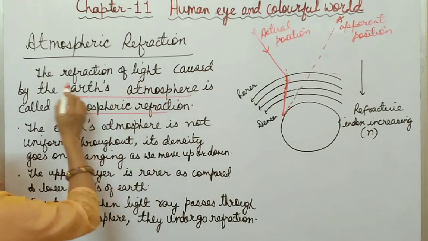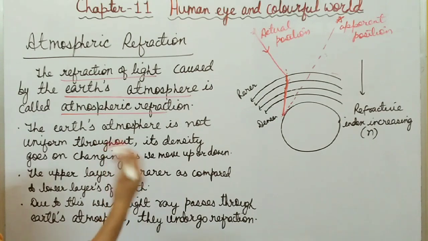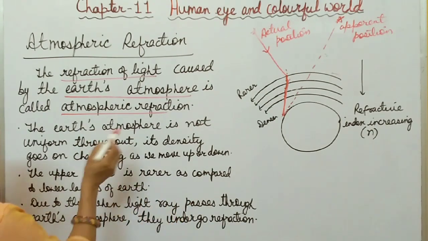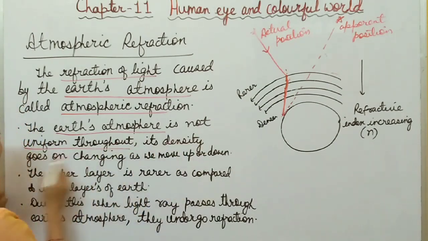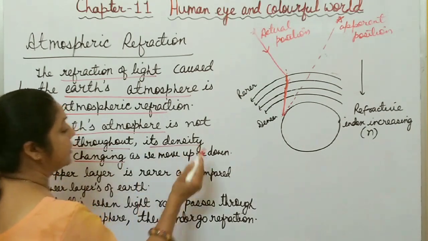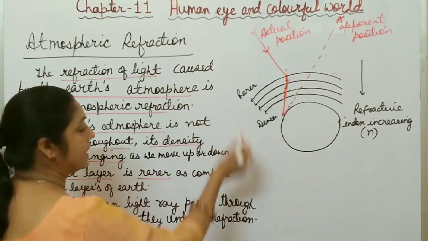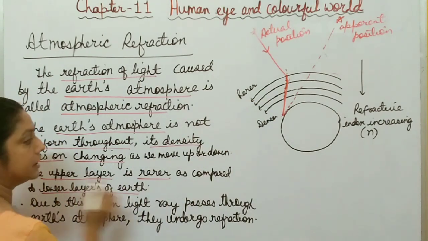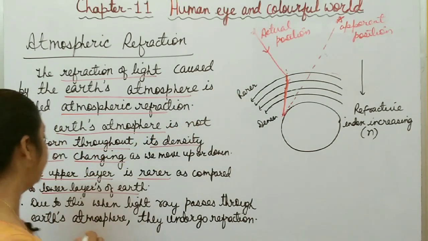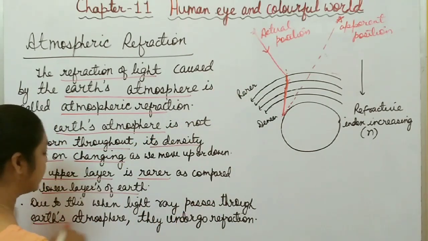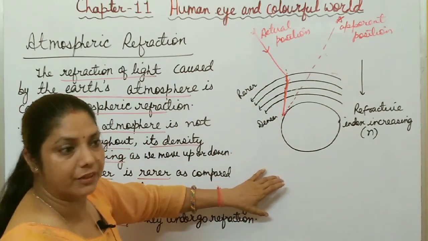First you write the definition. The refraction of light by the Earth's atmosphere is called atmospheric refraction. And why does this atmospheric refraction take place? Because the Earth's atmosphere is not uniform throughout. Its density goes on changing as you move up or down. The upper layer is rarer as compared to the lower layers of the Earth's atmosphere, and due to this difference in density, when light rays pass through the Earth's atmosphere, they undergo refraction,